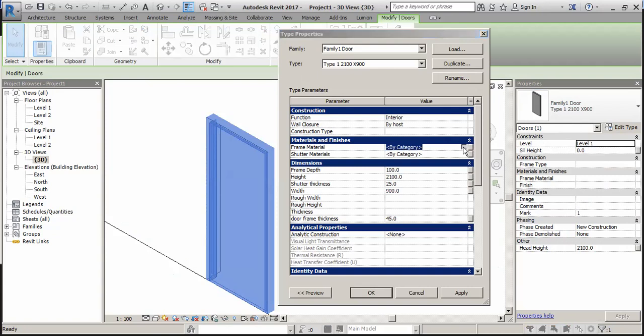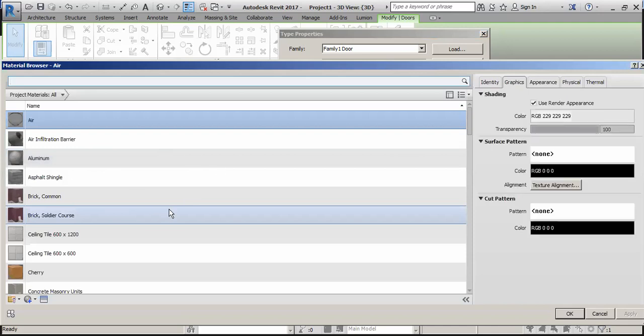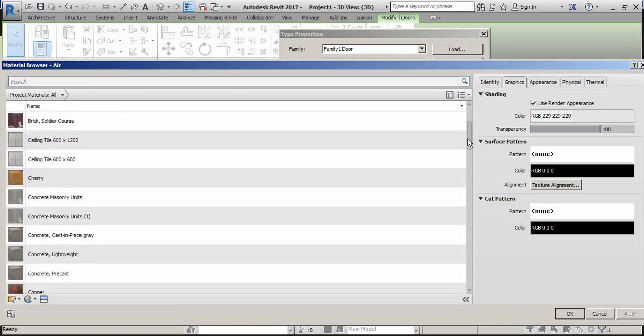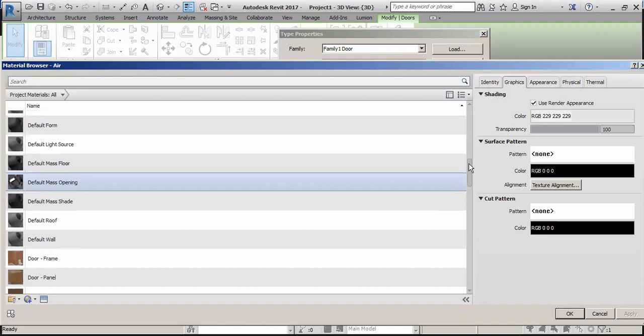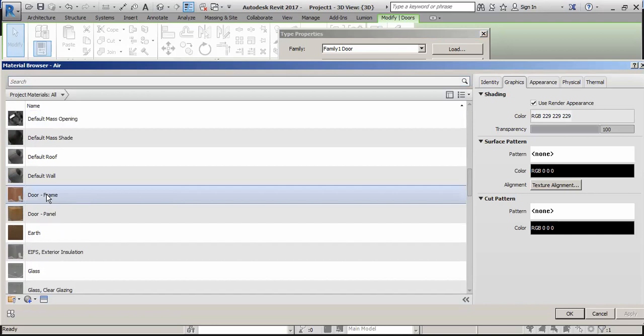It will take us in material editing. So we have several materials here. You can see this. So we will select door framing material. Yeah, here you can see here it is door frame. We select this one. Okay.